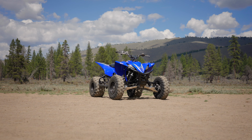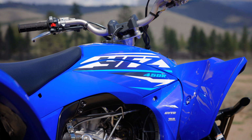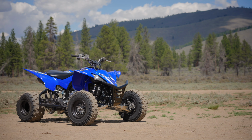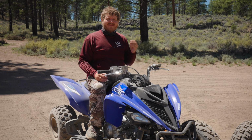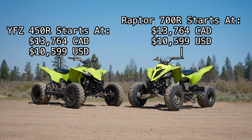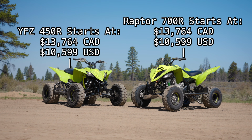One other difference here is the weight. The YFZ is the lighter unit, weighing in at 405 pounds, while the Raptor 700R comes in with a wet weight at 422 pounds. Before going more into specifics, let's just talk about the general difference. The thing you basically need to know is that the YFZ was designed for racing. That thing is absolutely optimized for the race course, where the Raptor 700 is a little more of an all-arounder. It's a little more meant to get out here into the trails, face different conditions, and that's why they're set